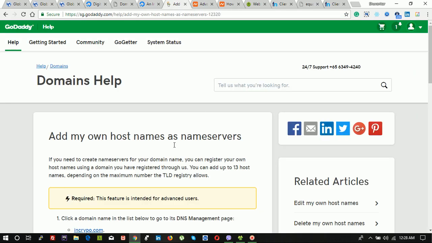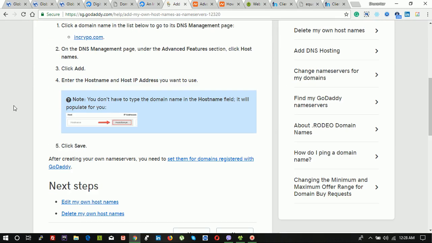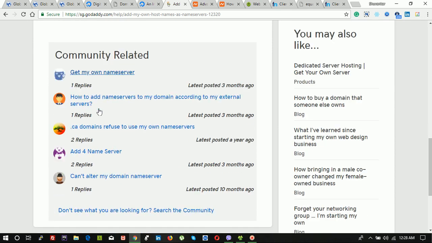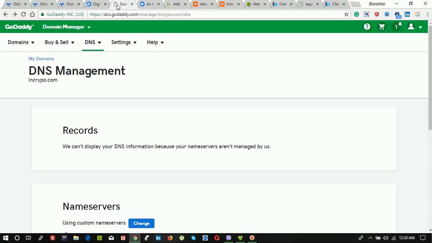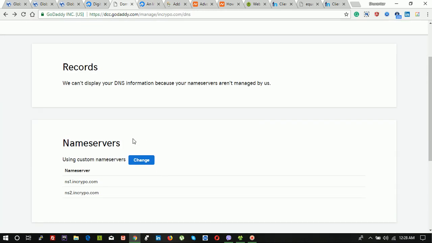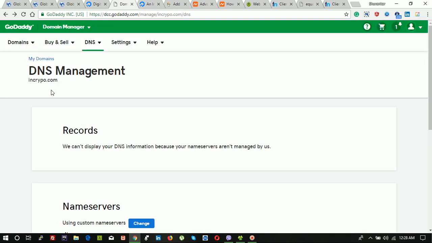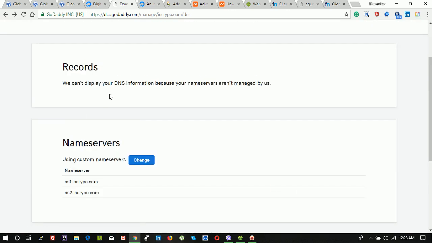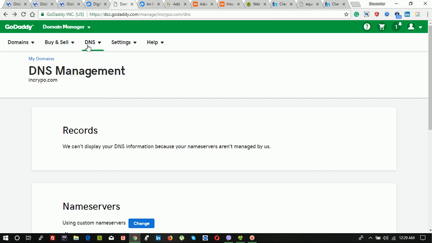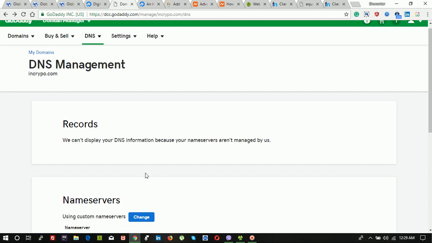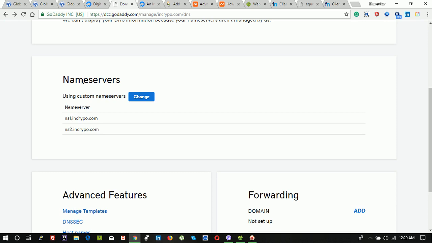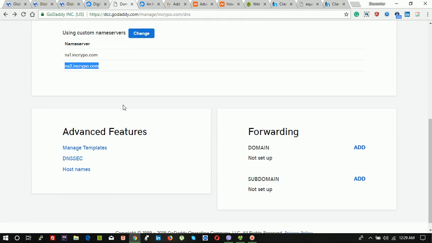For GoDaddy, you can find this helping document, and in GoDaddy there is an option when you go to the DNS management for a domain, you can find the name server option. Here I am using ns1.equaltrue.encrypto.com, ns2.equaltrue.encrypto.com. Before using my own name server, my server was on encrypto.com.